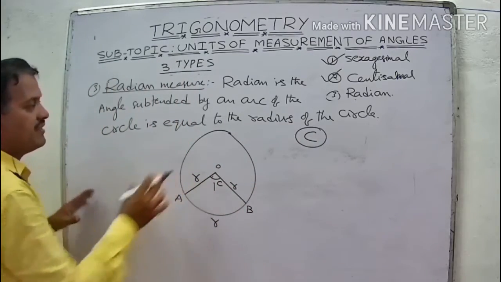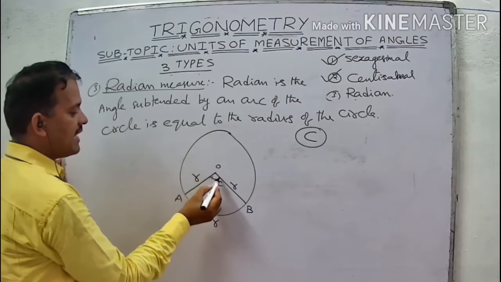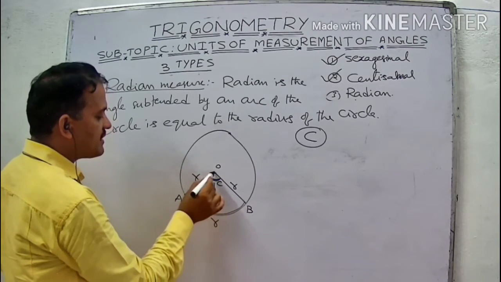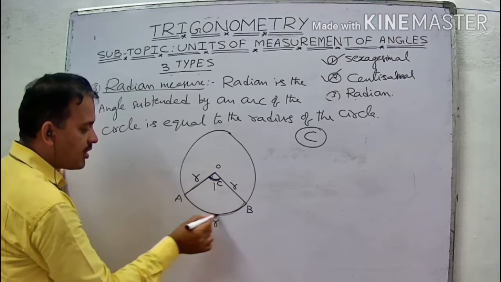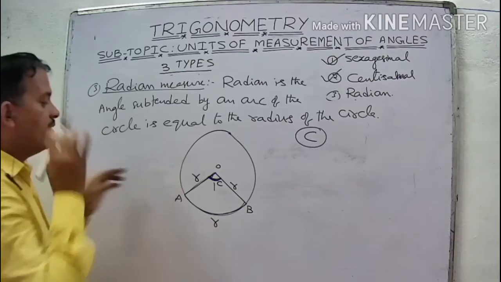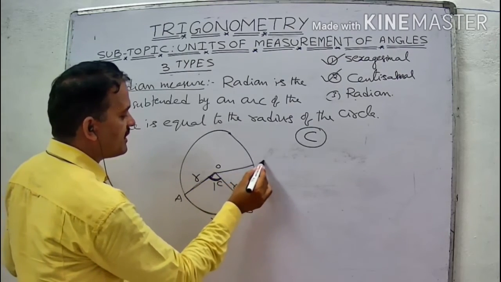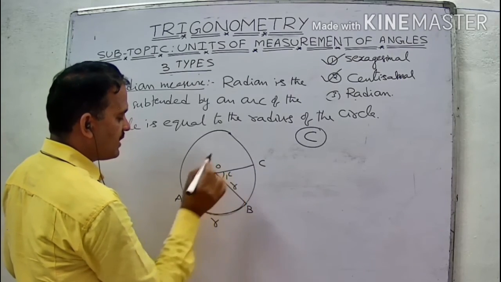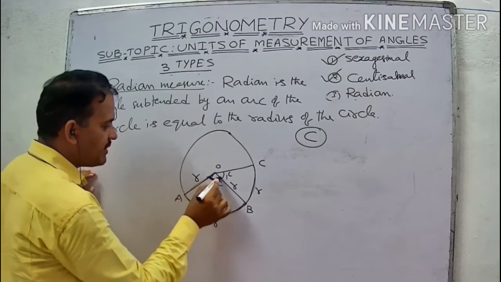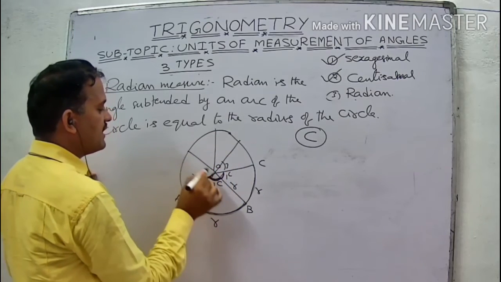So what is the definition? Radian is defined as the angle subtended by an arc of length equal to the radius of the circle. Then here it makes an angle of 1 radian, my dear friends. In the same principle, it can be formed here, that is C. Here also forming one more radius. Observe here, this makes an angle of 2 radians. This is 3 radians, this is 4 radians, 5 radians, like that.